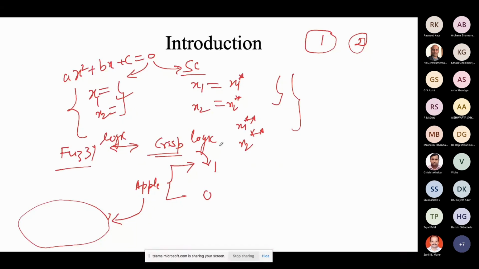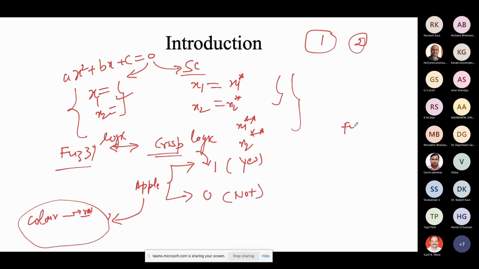Means we are interested in color. The color of the apple may be red, or maybe another color: dark red, green, red, light red. Likewise, we have the apple's definition, if you're talking about color only. In crisp logic, we have two answers only, 1 or 0. What does it mean? If the color of the apple is red, then it is 1. If the color of the apple is not red, then it is 0. So we have a yes or no answer. But this is the crisp logic.